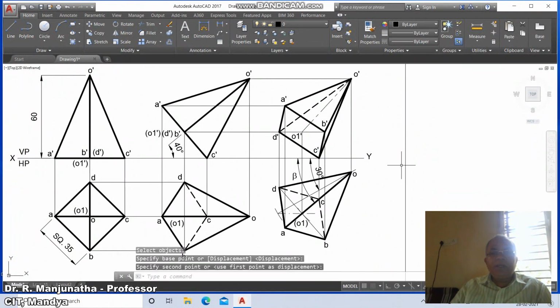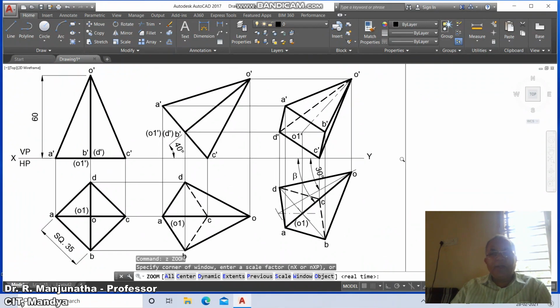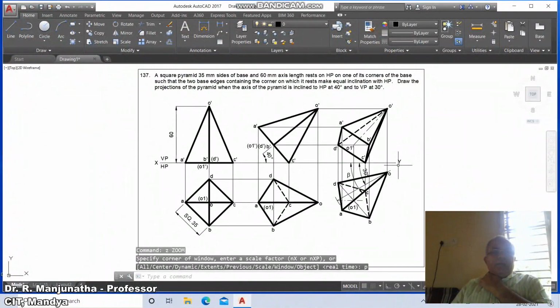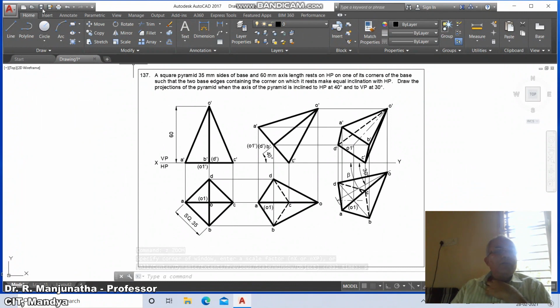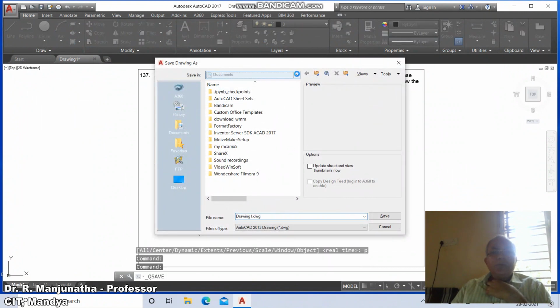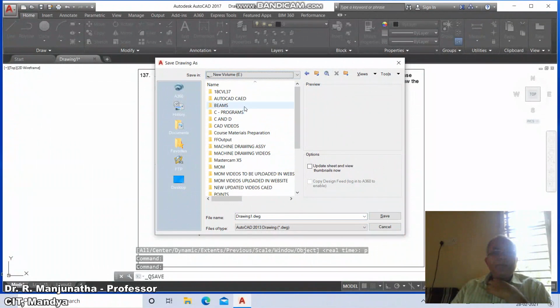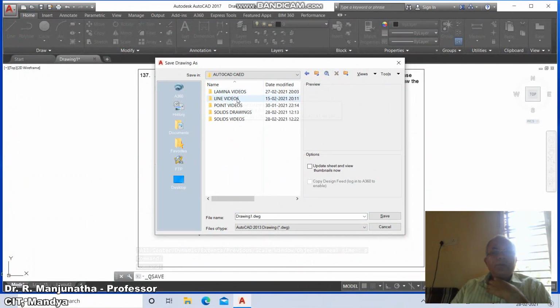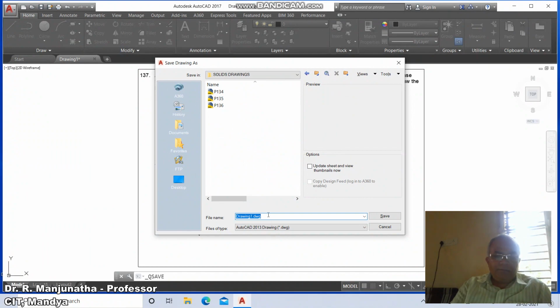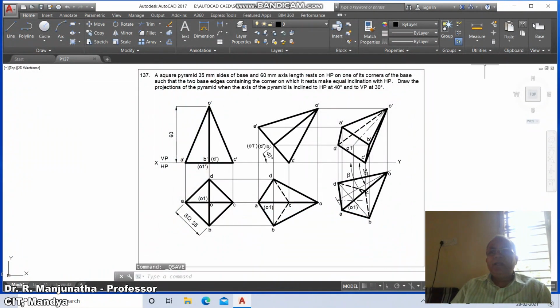So this is how you will be able to create the drawing in AutoCAD of these projections of solids. Now we will go for save, go to the appropriate drive, go to solids drawings and say problem number P137 and save it. And finally you exit the